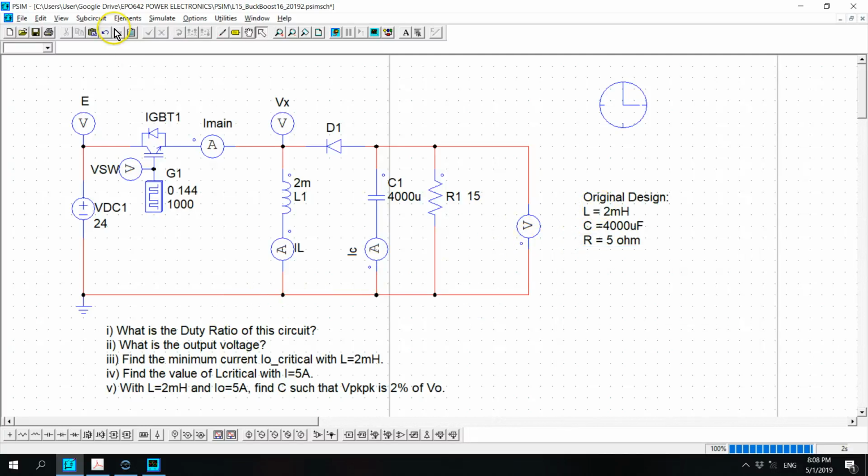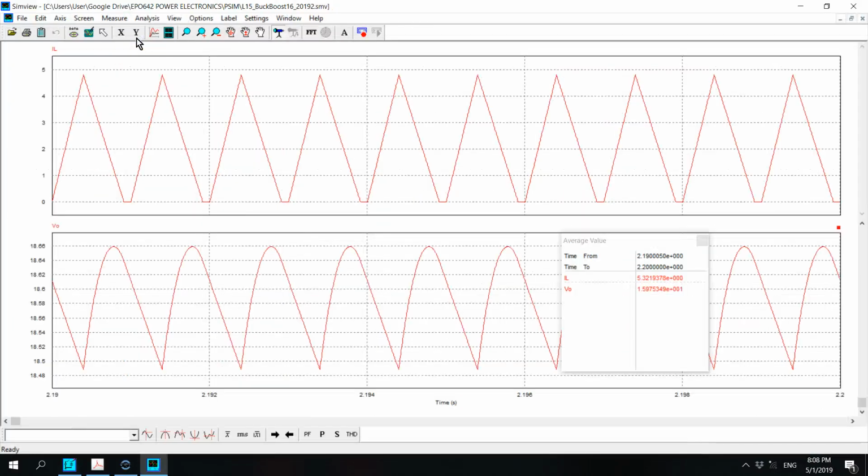So let's see what happens to the circuit in that condition. Run the circuit, look at that, and now there is an intermittent current. This is under the discontinuous inductor current operation,